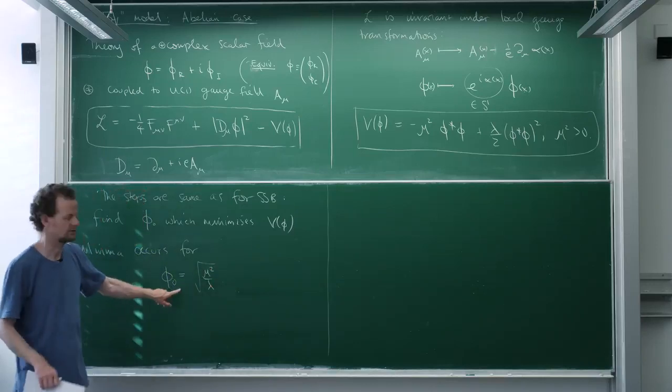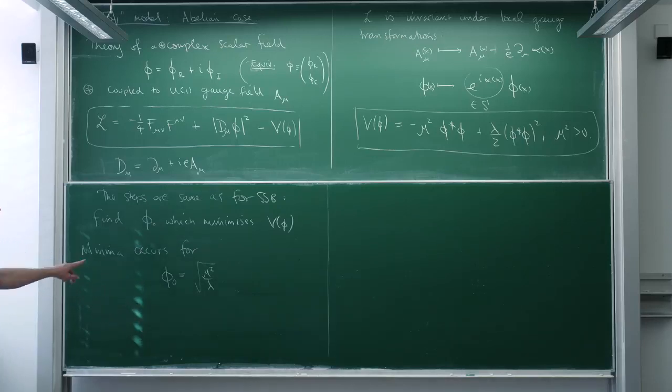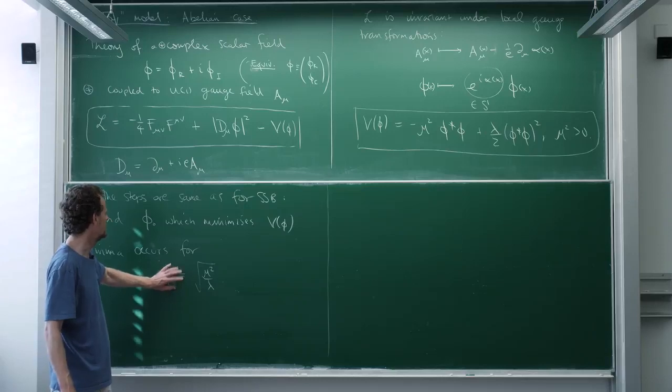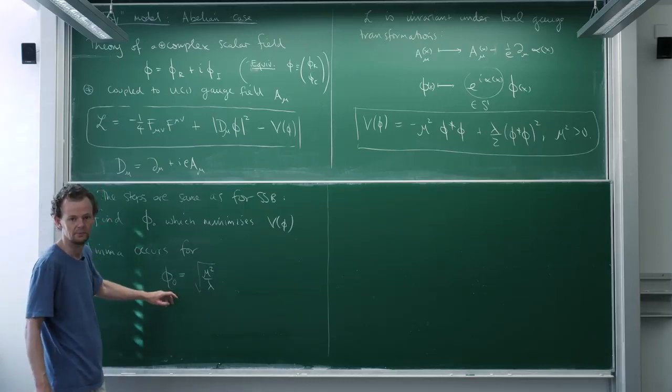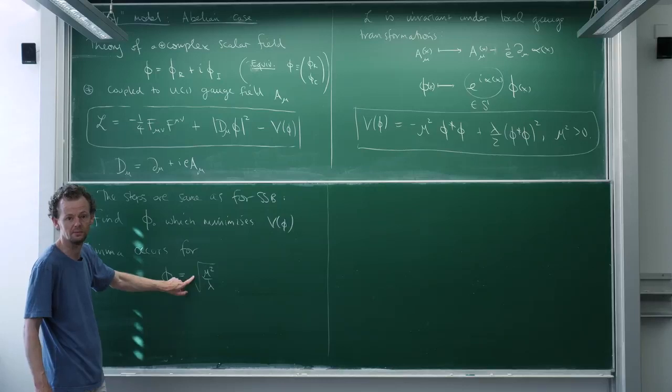Okay, I hope that's not sort of surprising. You've seen this thing appear a couple of times when we looked at spontaneous symmetry breaking. This is one of the minimizers here. There's two, right? Plus and minus. In fact, there's a whole family of them multiplied by a phase. But we're just going to take this one.